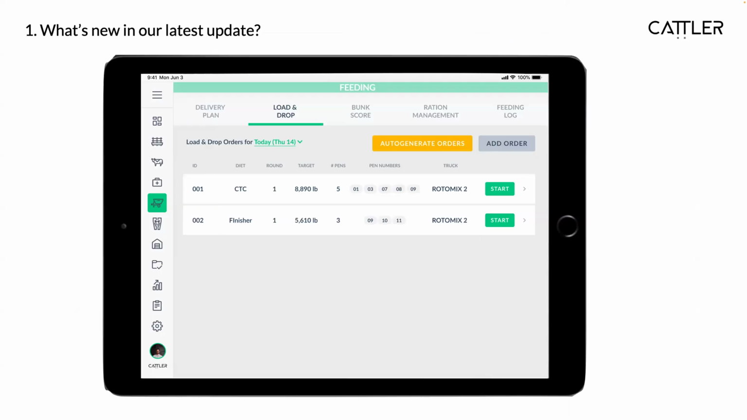Part of that is the yellow button for auto generate orders. This is something that is part of this other package, but we will release it for everyone, because we know it is not a big deal for us to do, and it's really helpful. Let's say that you have changed stuff in the delivery plan, and you have a new pen